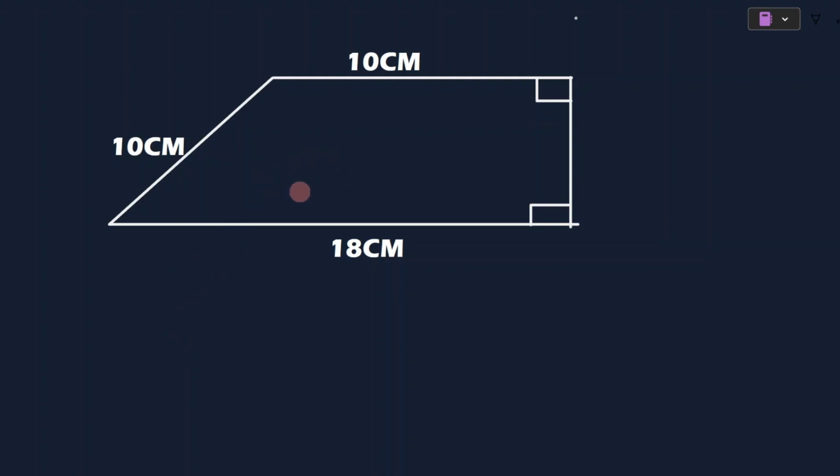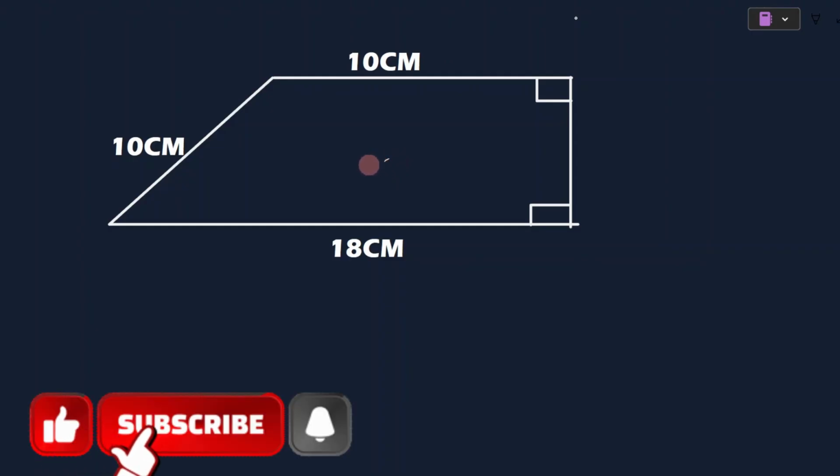Can you solve this geometry question? Many failed it. Now, what is the shape of this diagram? This is your trapezium or your trapezoid. And you know that if you want to find the area of this shape, we have it as area to